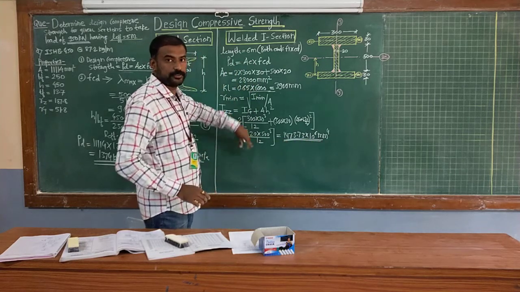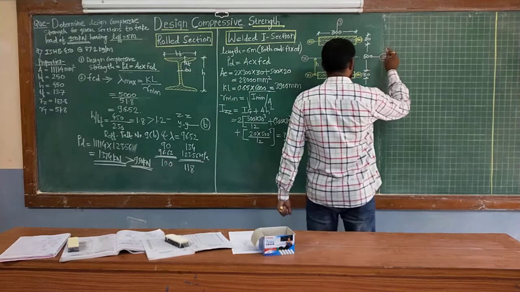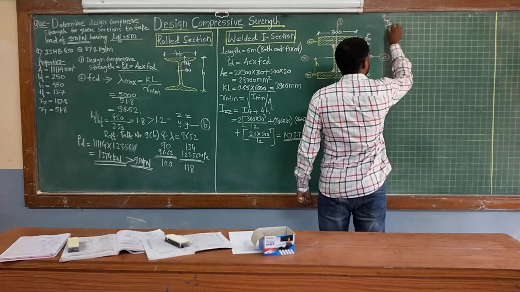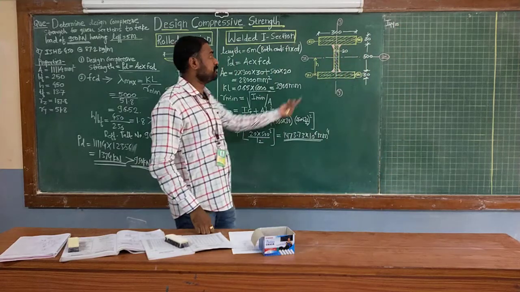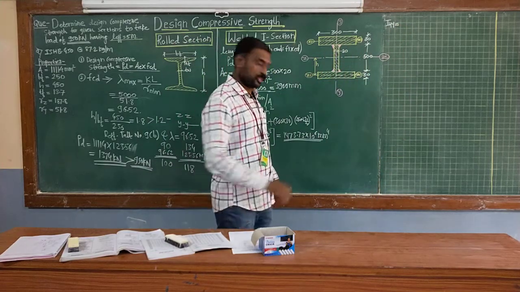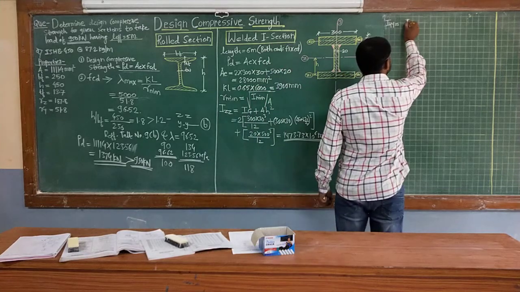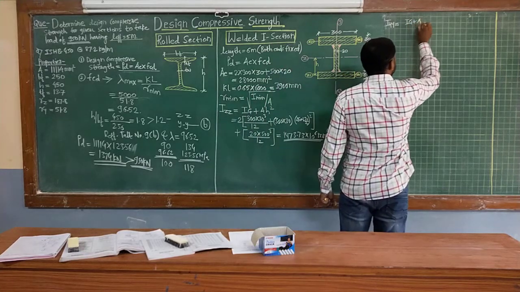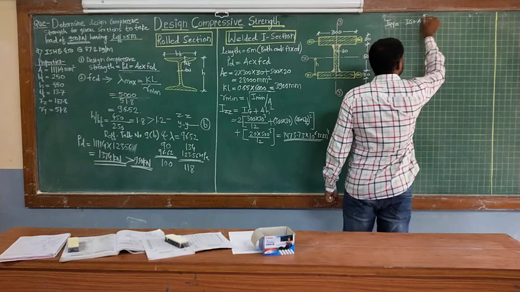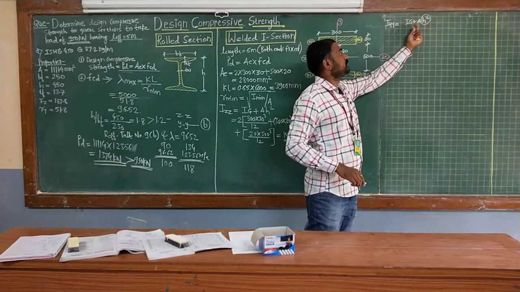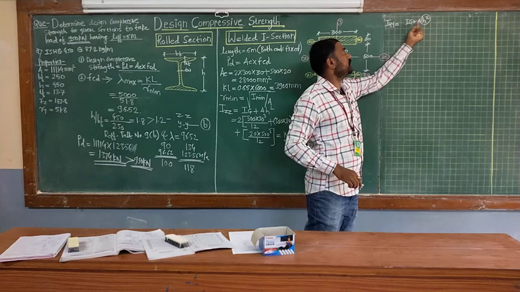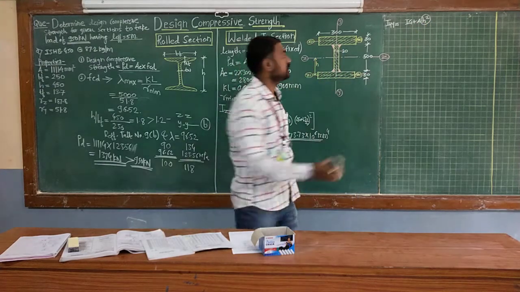Similarly, you need to calculate it for the y side also. So suppose I will be writing here IYY equals to. Now here for IYY side, the second parallel axis is not there. So even if you are applying Ig plus AH square, your H value is going to be 0, correct? So H multiplied by area is nothing but this entire value is going to be 0, therefore only the Ig value is to be considered, correct?